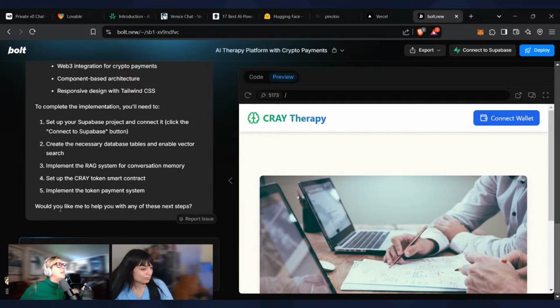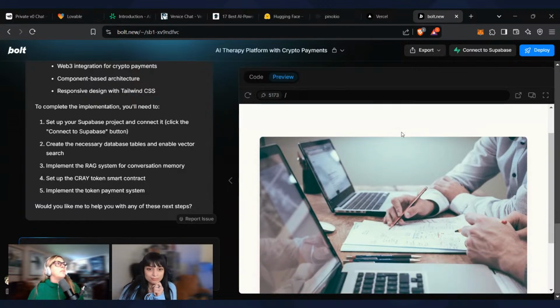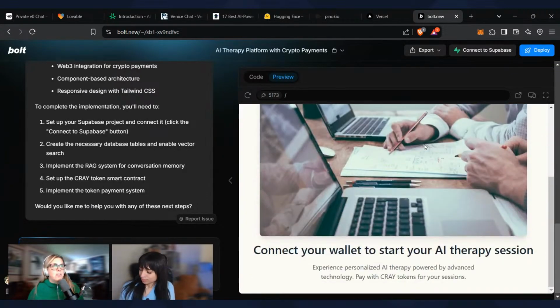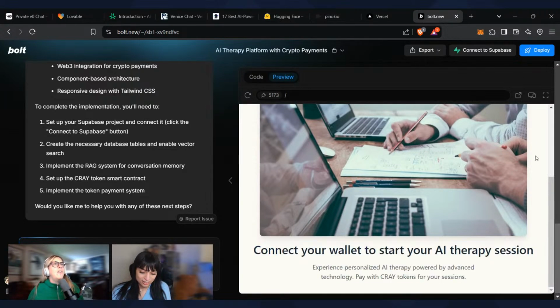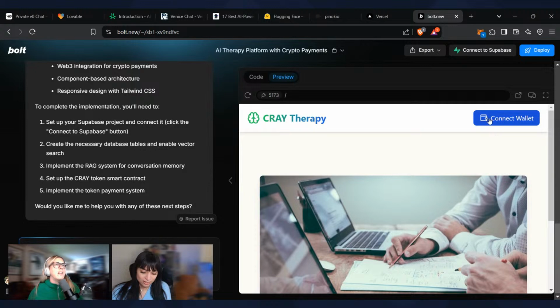Oh, I didn't even say, but doesn't it give you instructions? No. It can update the code. So let's see what it does now, just out of curiosity. What do we have here so far? A very large image. Connect your wallet to start. You have to connect first before you can start. It did bring up MetaMask. Wow, that is wild. That's really cool. But let's see what the code says, and I can tell you what it'll look like.